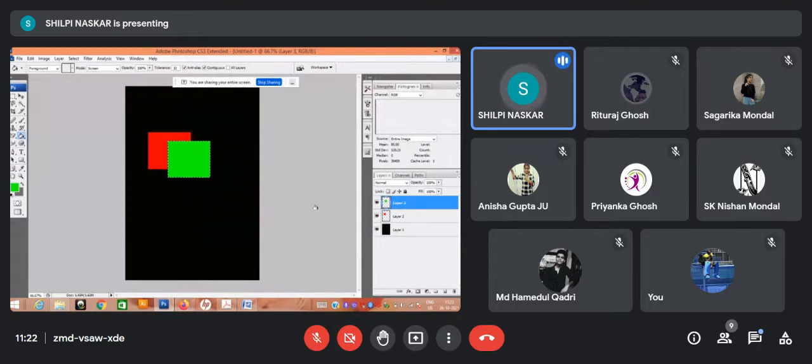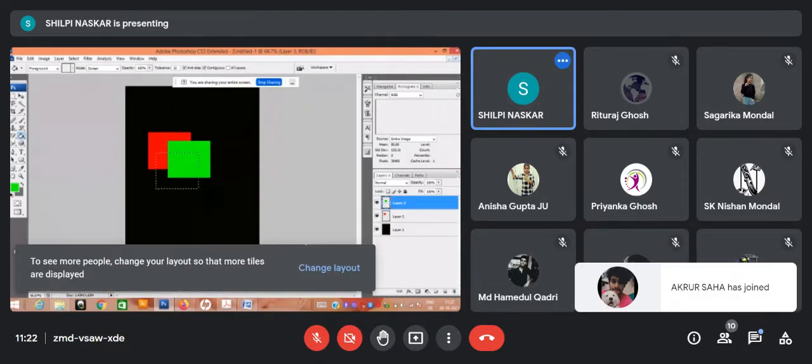Now I'm creating another layer, and I have created 3 different layers, and I have just given the additive primaries.